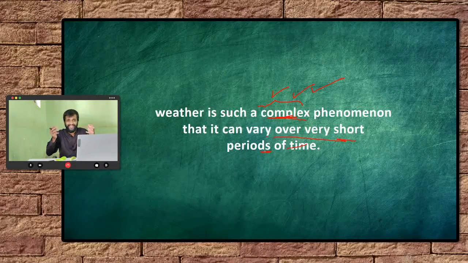You can't tell that, okay, in the morning at 5 o'clock or 7 o'clock the weather is good, which means throughout the day the weather is going to be good. So it can change every single point of time. Sometimes you can experience the feeling of a summer season, a winter, and a rainfall in one day itself. Not the season, but the experience of the entire feeling of whether it is a summer season or a rainy season. Sometimes you must have experienced that even in the rainy season, the afternoons are very hot, and then you say to yourself or maybe your friend that, wait,